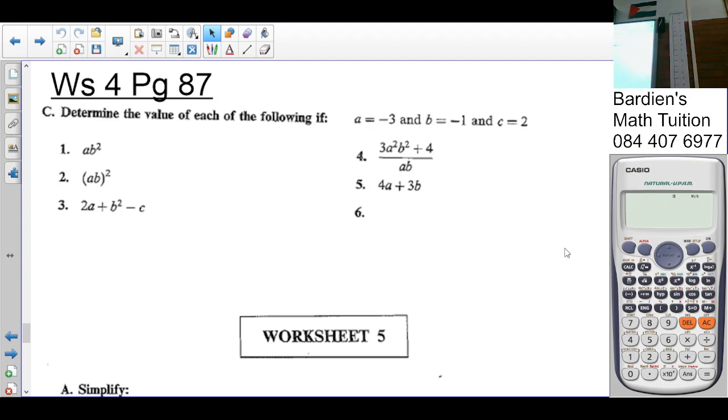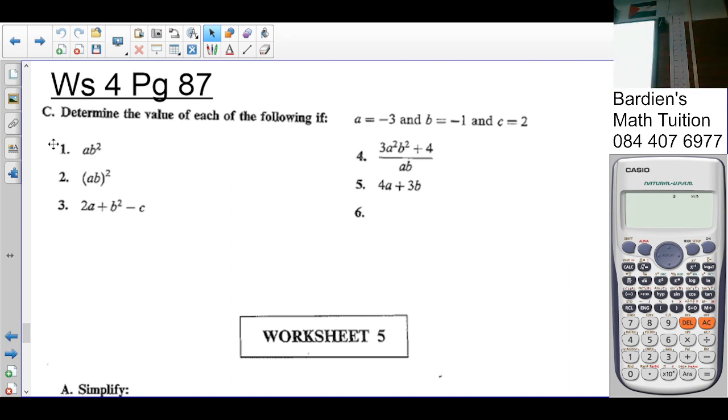Did we do exercise 4 already? I think we have one exercise left of that chapter. Is that correct? Okay. So the question, worksheet 4 on page 87 says, determine the value of each of the